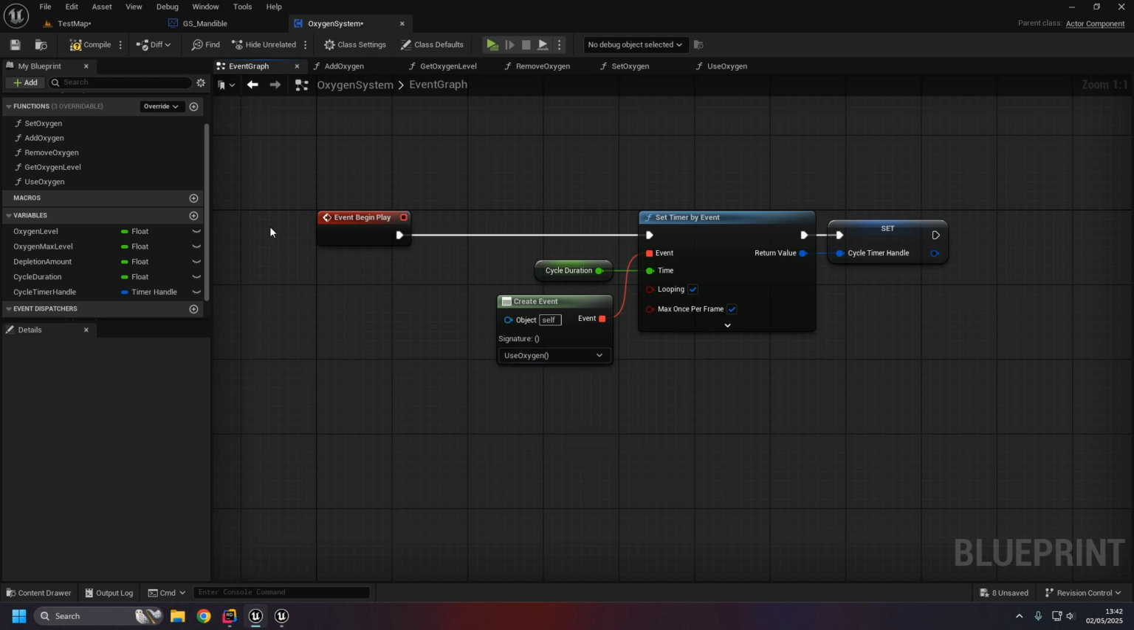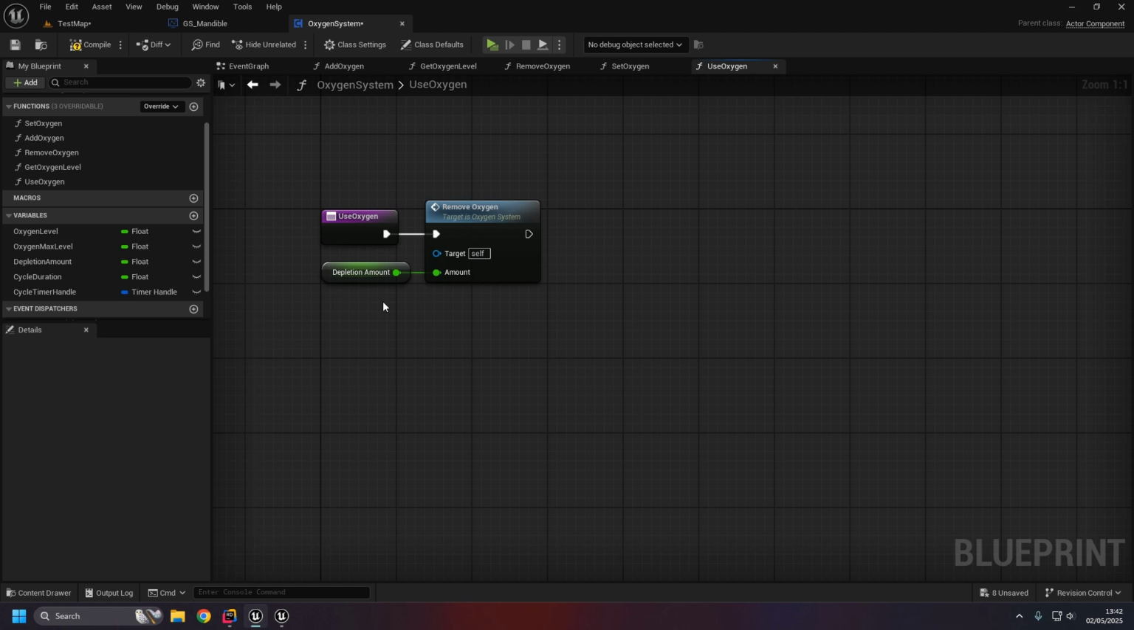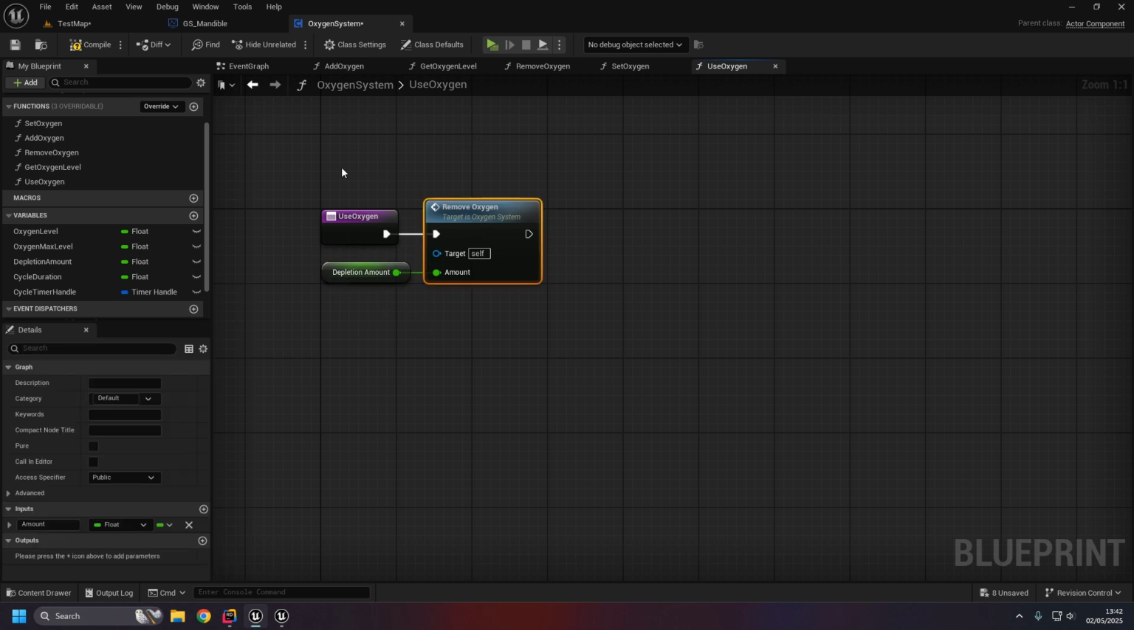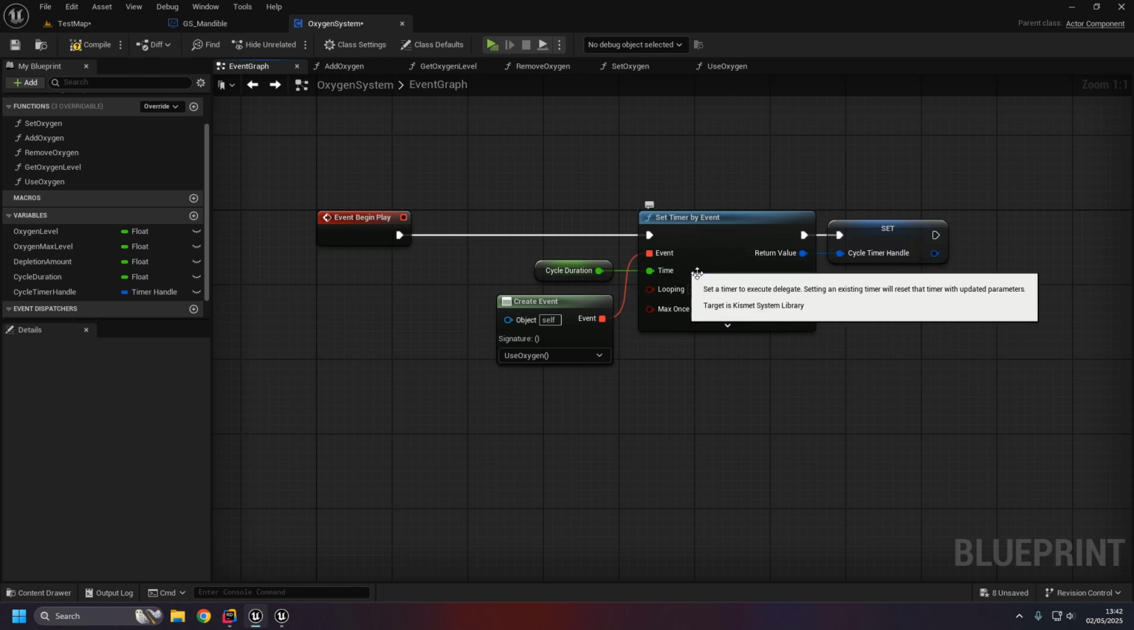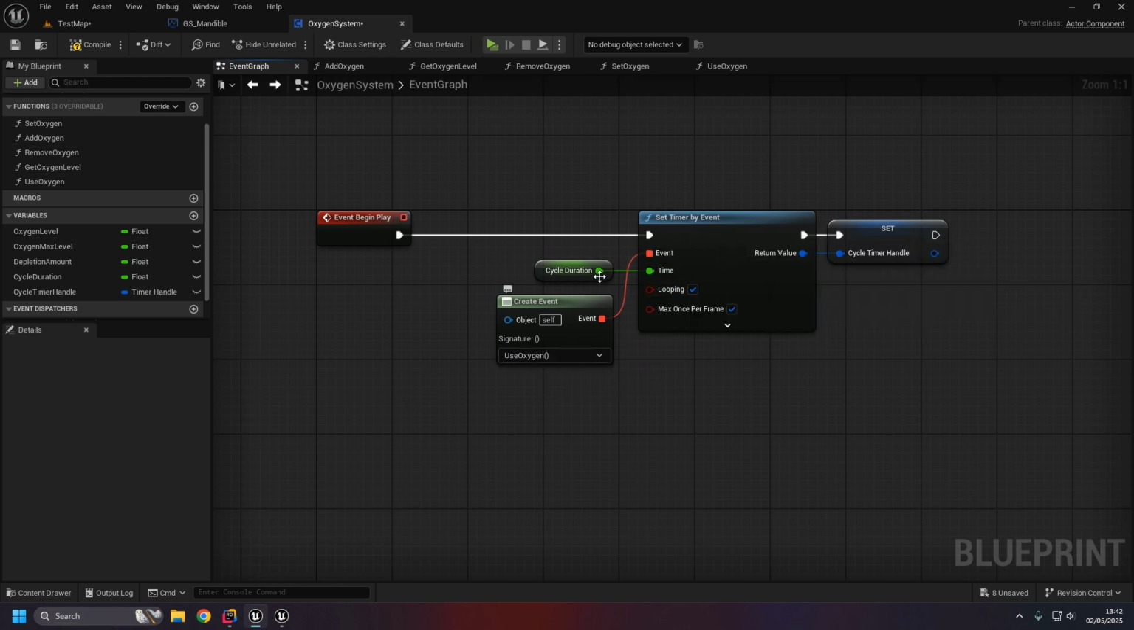So with the use oxygen, we're able to specify, well, this is the actual amount we want, and then we're going to call this function. So for the create event, that's what we can go ahead and do. We can just select the use oxygen function in there. So what that's going to do is the timer will essentially then call the use oxygen function whenever it hits